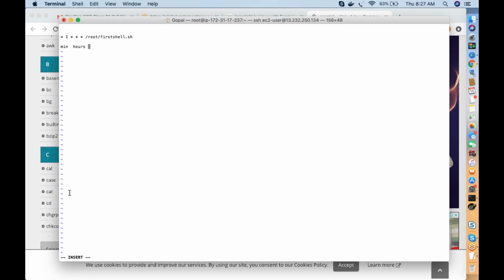Now the third value is the day of the month. You have 31 days in a month, right? Which day do you want to execute on: the sixth, the eighth, the 10th, or maybe the 21st day?